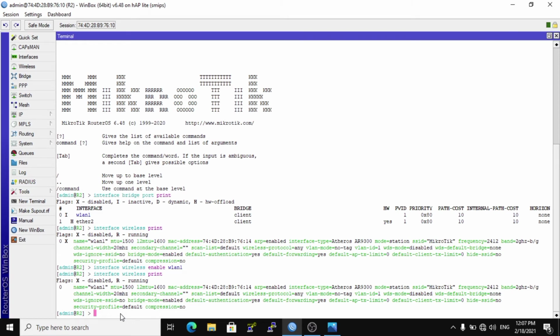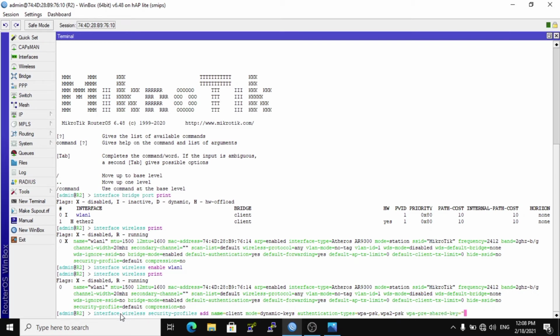Create a security profile, using the security profile for the server. Type interface wireless security profile, and this is I am client, and mode dynamic keys, authentication WPA PSK and WPA2 PSK, and WPA pre-shared key.